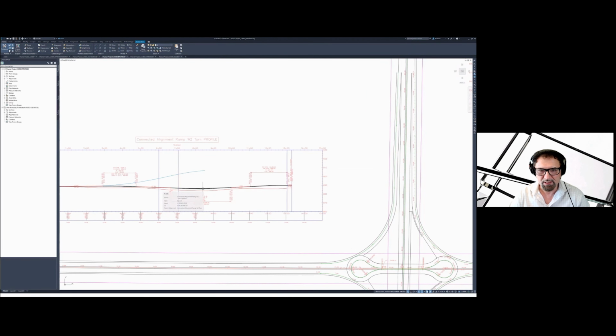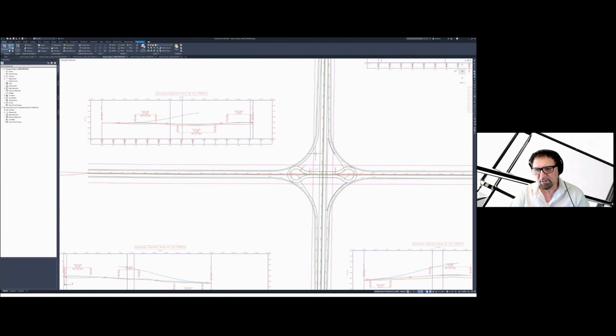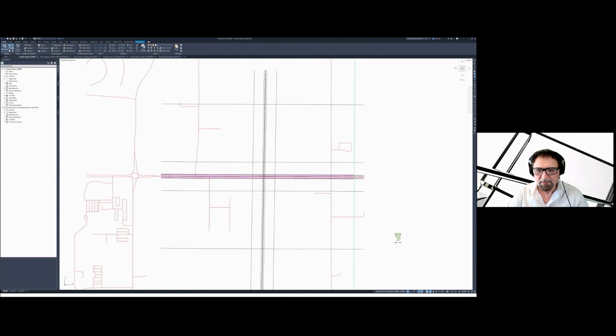And then we just smooth out what I call curb returns, but they are off ramps and on ramps. But if you look at the overall context, they really look like curb returns. So curb returns on an at grade intersection, you can create by utilizing connected alignments. It's very easy. I might go and show you one of those.